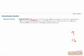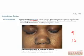Neurologically, the kids present with seizures, progressive psychomotor delay, and mental retardation. The skin findings include adenoma sebaceum, as you can see here, which may occur along the cheeks, the nasolabial folds, and chin. There are ash leaf spots, which are leaf-shaped, hypopigmented spots, and also shagreen patches, which are leathery plaques,